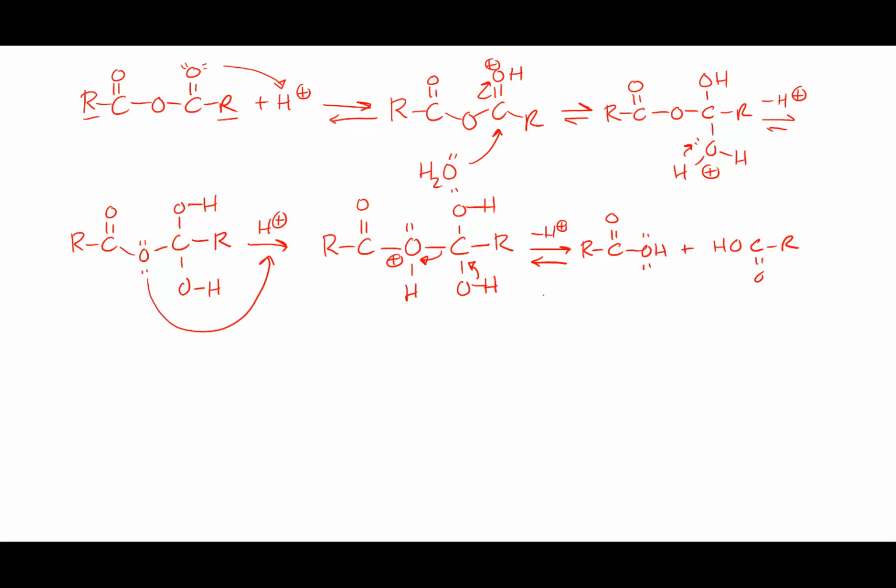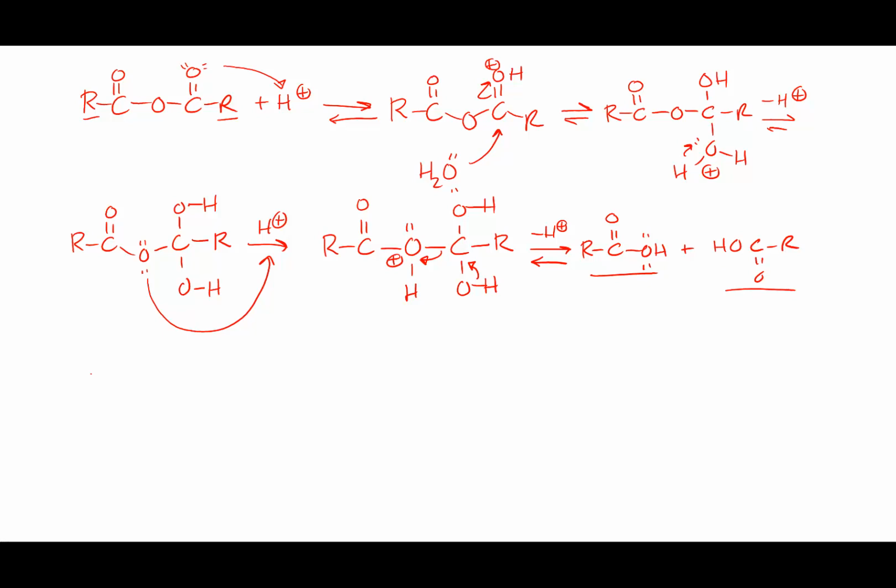So when you hydrolyze the carboxylic acid anhydride, you end up with 2 equivalents of the carboxylic acid. So that would be the acid